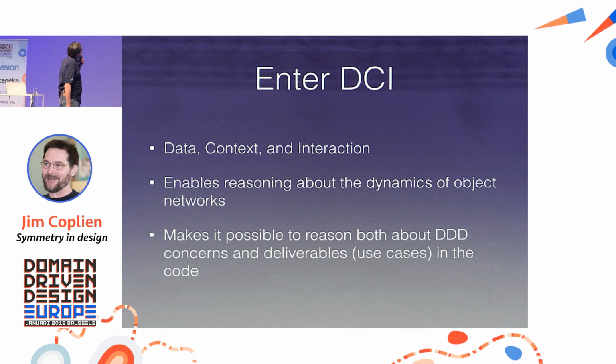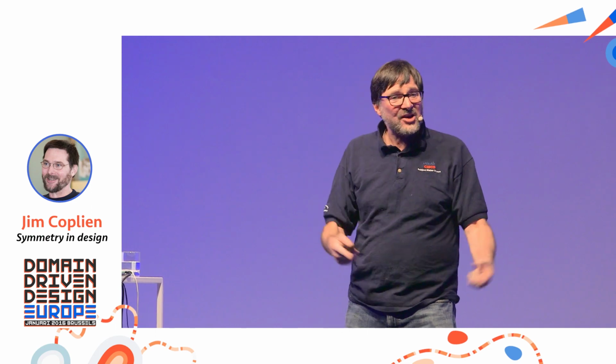So in this DCI paradigm, we're going to be able to reason about the dynamics of object networks. I mean, the architecture of a system doesn't exist in your DDD documents. Those are the blueprints. The architecture exists at runtime as a connection of interacting objects. That's the architecture of your system. The other stuff is just the blueprints for it. And what we're going to do is focus on that architecture because that's the one the end user is interacting with and has to match their mental model and serve their needs.